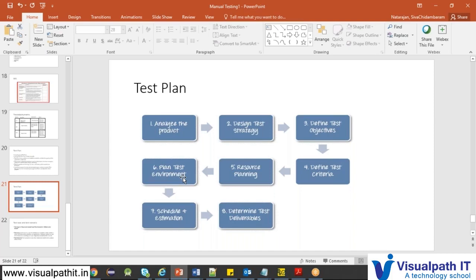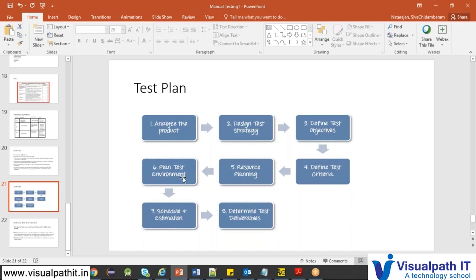Then determine the test deliverables. Suppose you are missing one or two deliverables in the test plan, but the client wants the test cases as well. You did not put that in the deliverables, or you thought it was not required for the client because you are already giving the failure history, the failed scenarios, and you have raised them in bug tracking as well.